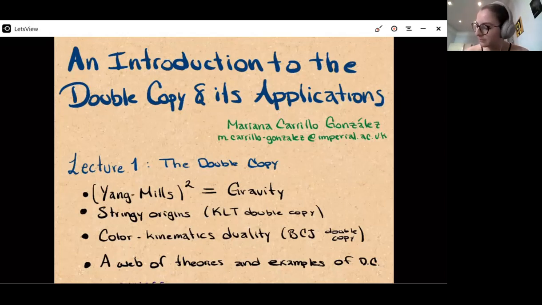Here are some references in case you want to take a look at it. For the second lecture, we're going to focus on new explorations, and we'll see how those things go. And we can pick certain of these depending on how fast or not we go. So let me start